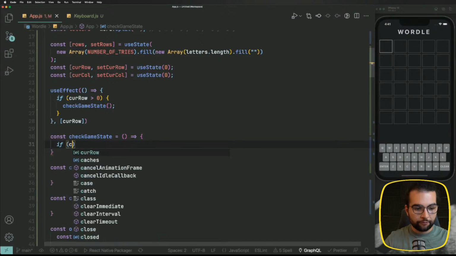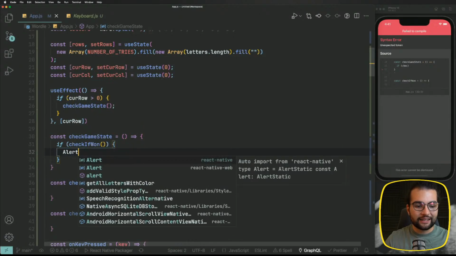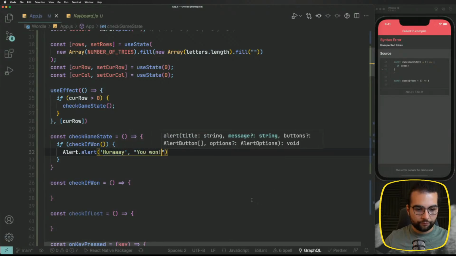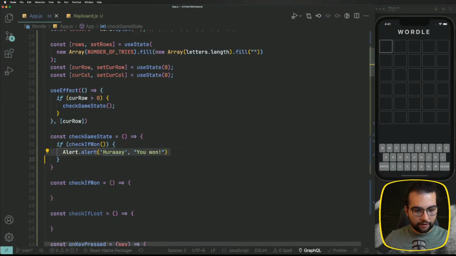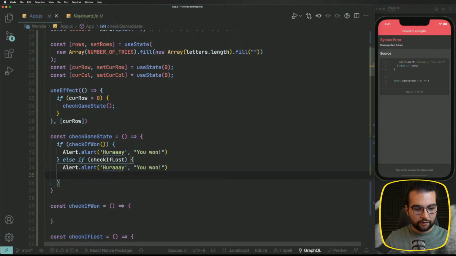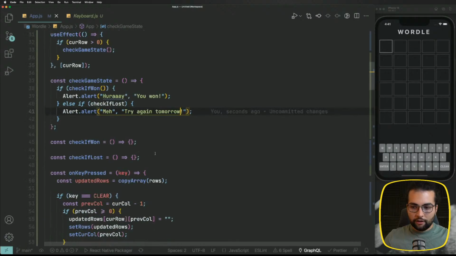Here let's do: if check if won returns true, then what do we have to do? Let's start with a simple alert. Hooray, you won. Else if check if lost, alert, try again tomorrow. Okay, now nothing will happen, but if we implement this check if won,